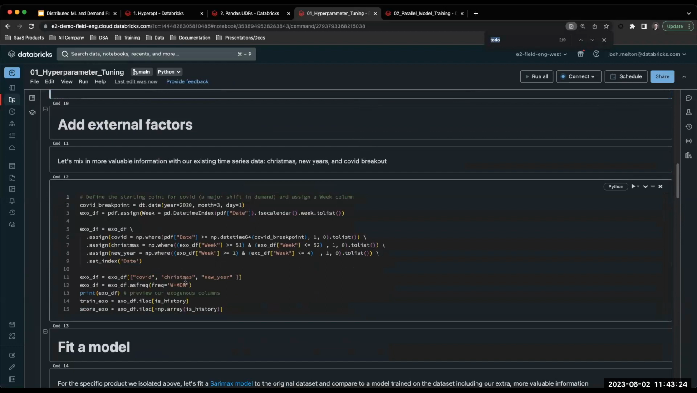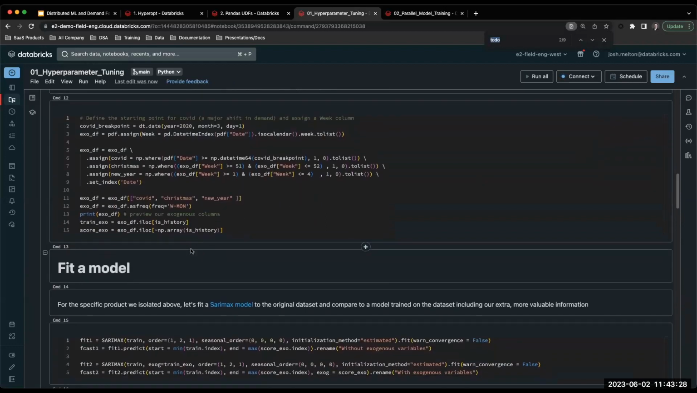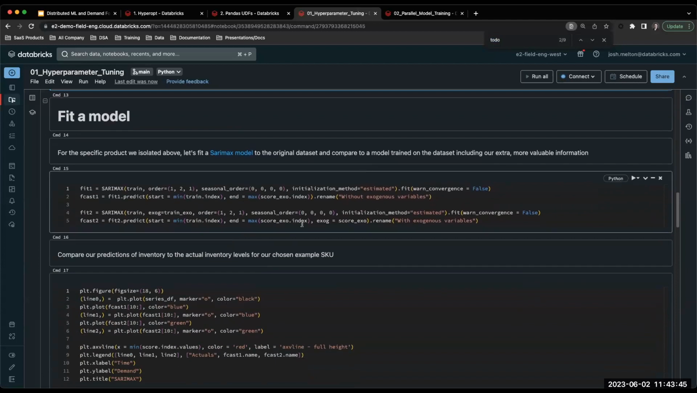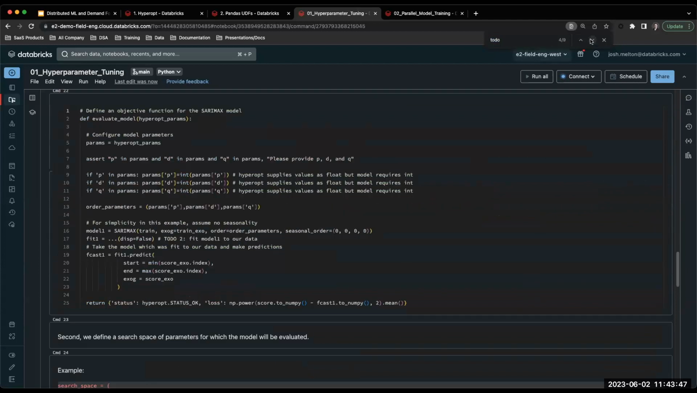We also have code automatically here to add some extra variables. So in this case, we're defining COVID, Christmas, and New Year's. This was a really pertinent example when folks couldn't predict demand due to drastic changes after COVID, right? So this is an example of a way to mitigate some of those risks. So that code is already determined, but our next to do,